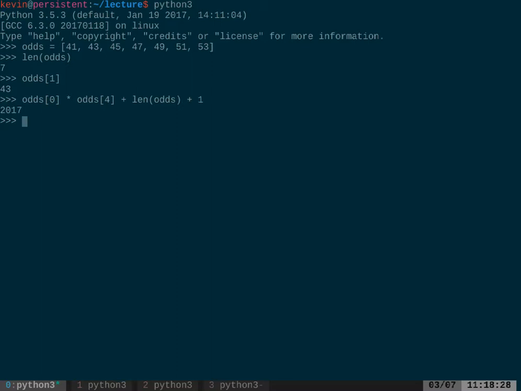All right. And lastly, we can still do that indexing notation, except one thing I think you haven't seen yet is you can put an expression for the index. So I can say, I want to select, let me type this all out first and we'll talk about it. So what this is saying is I want to select from odds this value, this index. And that index is given by the expression odds at 3 minus odds at 2. So odds at index 3 is 0, 1, 2, 3, 47 minus 45. So it's like I say this is equivalent to saying I want odds at index 2. So I should get 45. There we go.